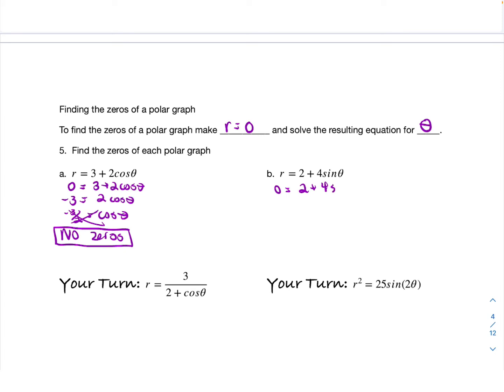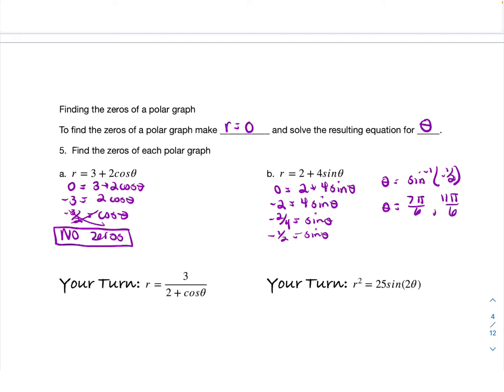All right, in problem B, I replace r with 0 and solve for theta here. So I end up with sine of theta equal to negative 1/2. So I ask myself, on the unit circle, which angle has a sine equal to negative 1/2? If I'm doing the arc sine, that's only going to give us values of positive and negative. But putting that onto our unit circle, we're looking at 7 pi over 6 and 11 pi over 6, because those are the two quadrants, 3 and 4, that have a sine that is negative from 0 to 2 pi. So now I want you to try